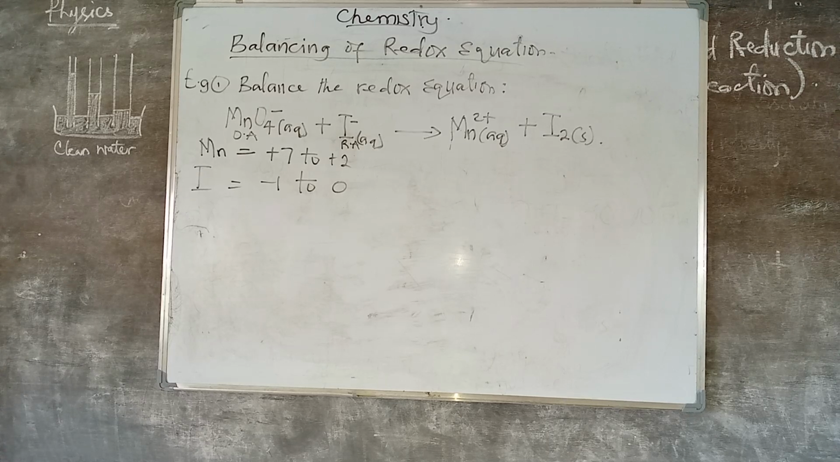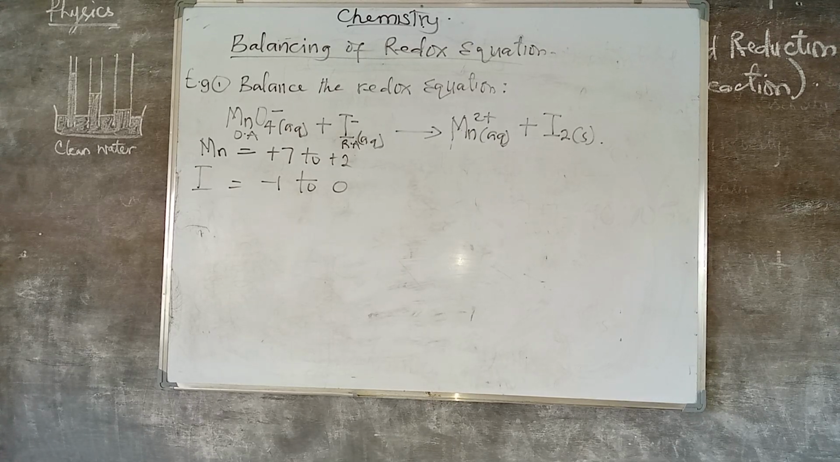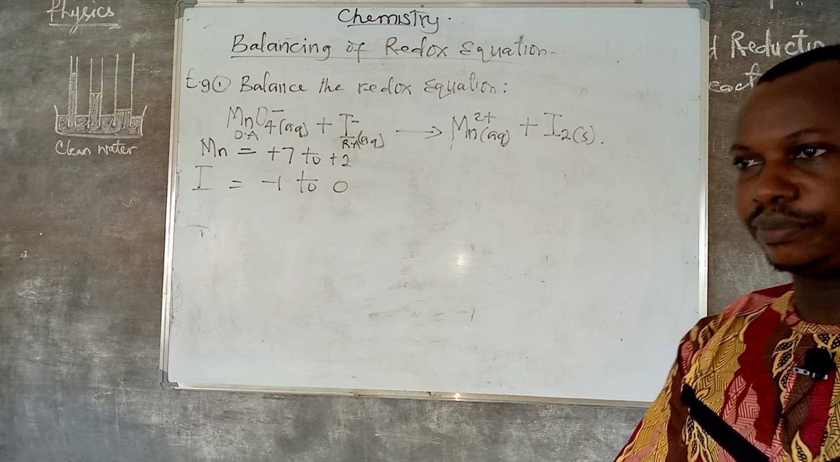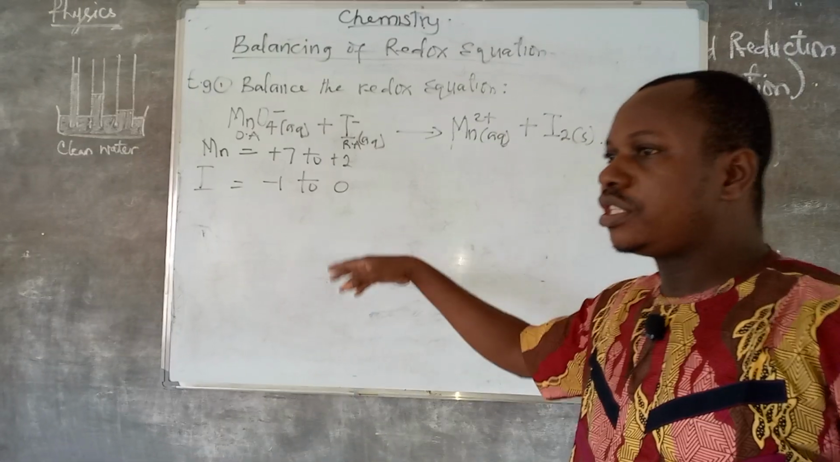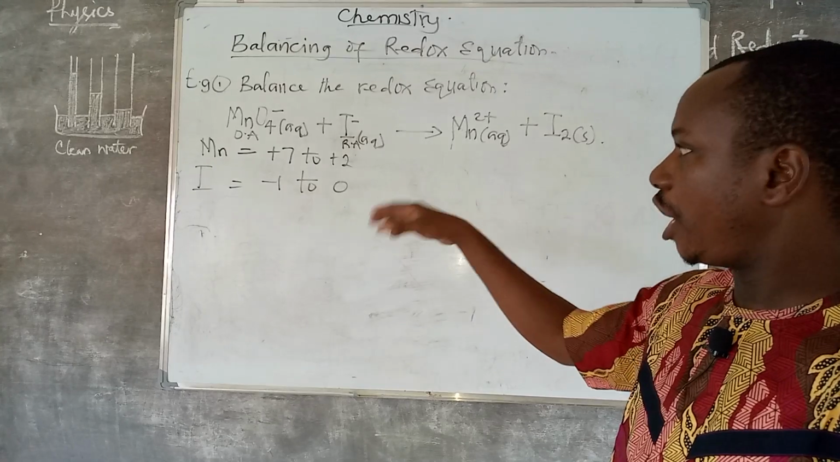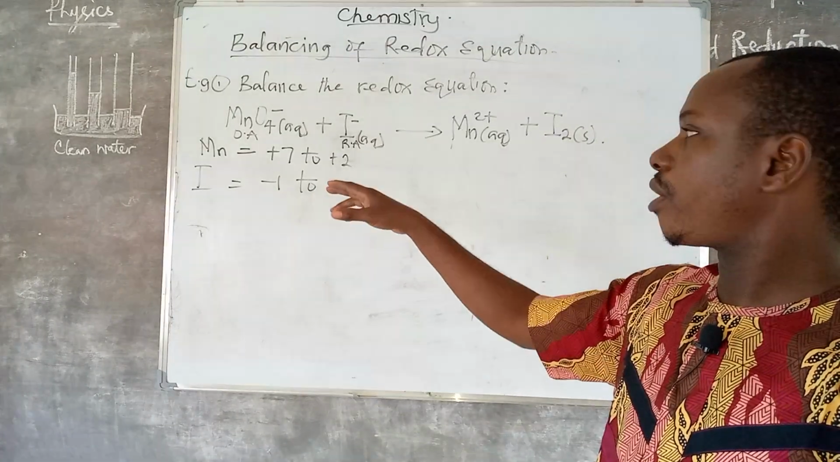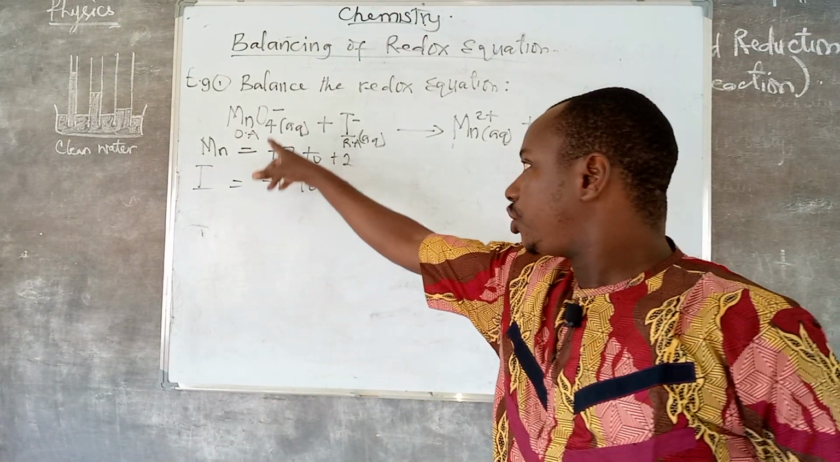Balancing of redox equations continued. Let's check the example on the board. Balance the redox equation: MnO4⁻ + I⁻ gives Mn²⁺ + I. So this is an example of a redox equation because if you check, the oxidation number of manganese changes from